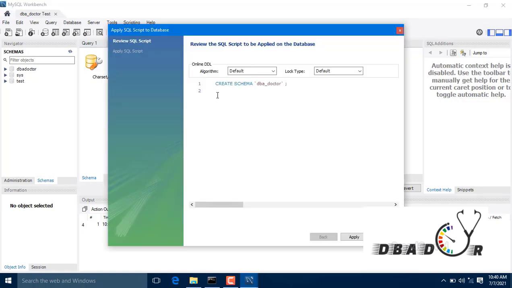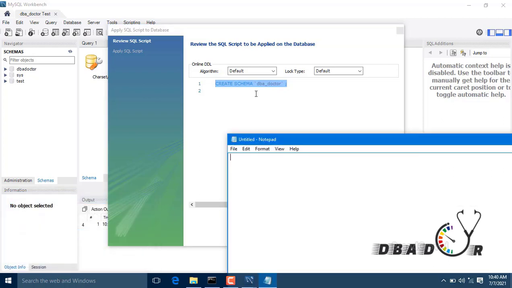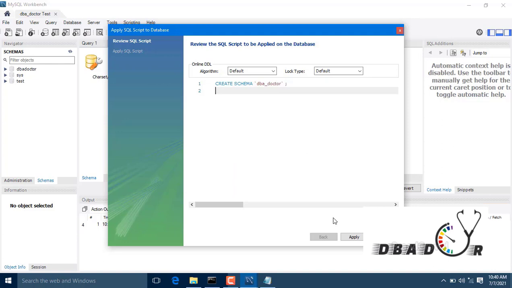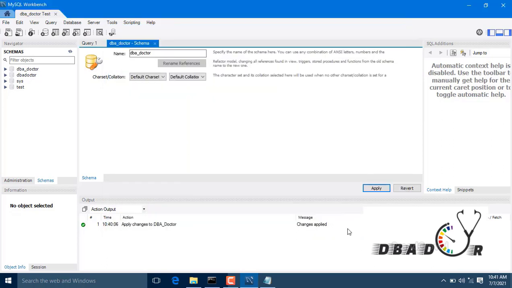And this is the script which we can use if we want to create it with the help of a query. In the background, only this script is going to execute. Once we apply this, the execution has been completed. You can see the log: the execution statement has been completed and finished.